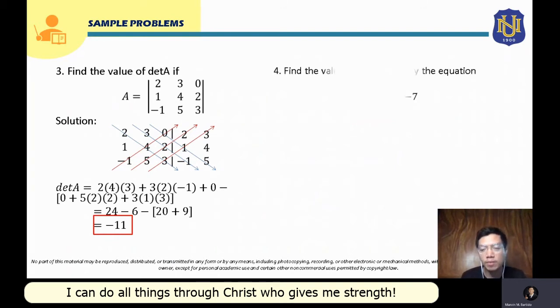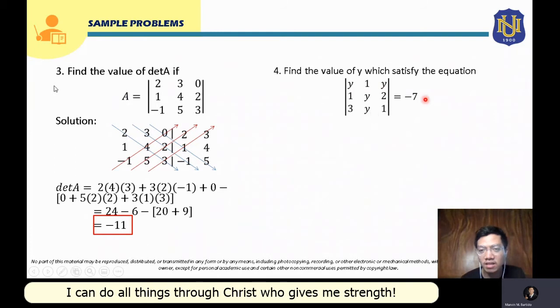Okay, so we will now proceed to sample problem number 4. For sample problem number 4, find the value of y which satisfies the equation. Okay, so this is our equation. We have here a 3 by 3 matrix, and this is equated to -7, meaning this -7 represents